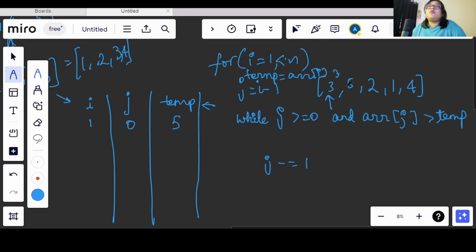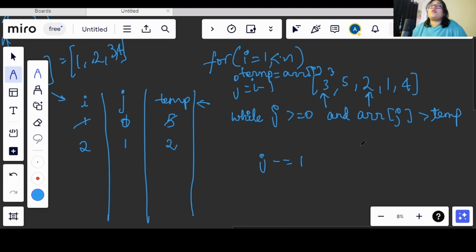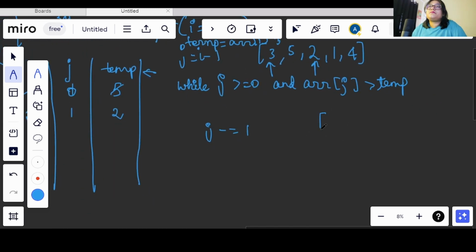Now I will be here, so this temp will get updated to 2, this j will start from 1, and i is obviously getting moved to 2. So now we have this part of the array, 3 5 2. Now our main idea is to sort this part of the array, so I will be just writing this down.